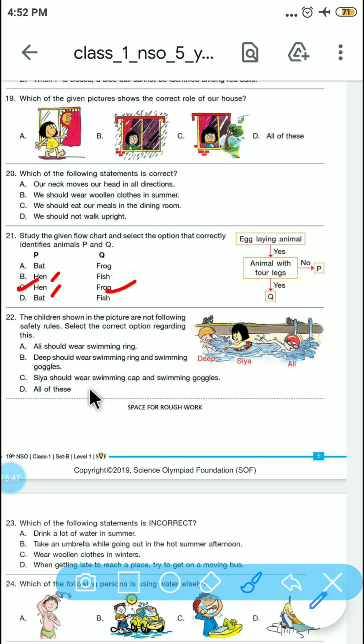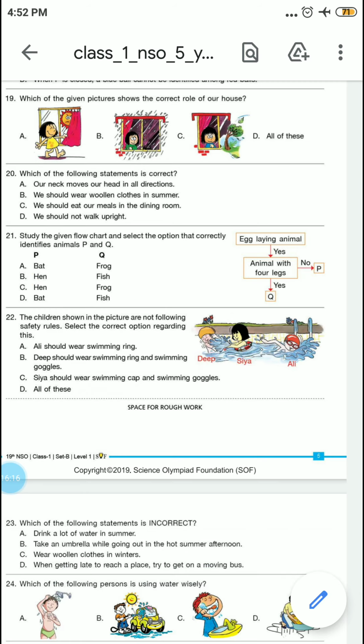Yes, the correct option is: what should Deep wear? Swimming ring and swimming goggles. Okay, like if you see, Sia has a swimming ring and Ali has swimming goggles. Okay,